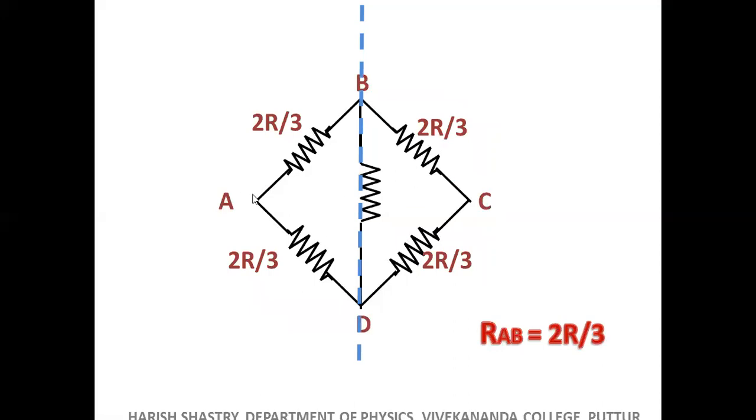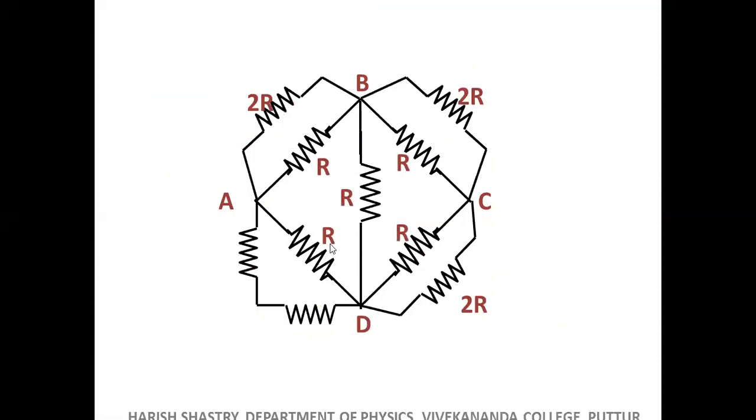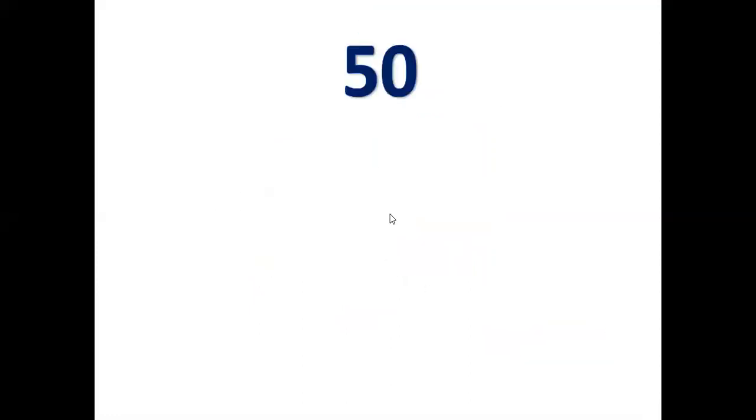Otherwise, if it is asked between these two, then you have some more problem, which cannot be asked so easily for entrance exam. So you have some different ideas to solve it. So across A and C is 2R by 3. Hope you have followed. So here only we can do that. Equivalent is between A and C. You can replace this 2R, 2R, 2R, 2R. 2R is in parallel with R, 2R by 3. So at every arm of the network, you have 2R by 3s, and equivalent is 2R by 3.